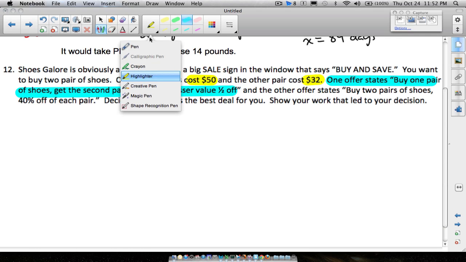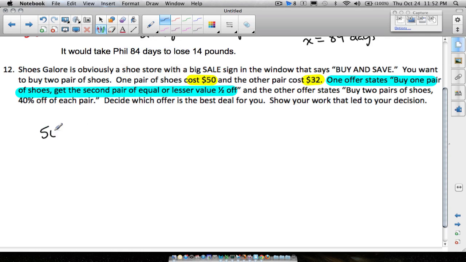So actually what happens here with this first offer, what we end up doing is we end up paying $50 plus 50% off that. Really what 50% off, or half off, means is you're going to pay 16 bucks for that pair of shoes. Because half of 32 is 16. Therefore, the total price there will be $66 before tax. Now, you might say, well, why did I have to pay 50 bucks for this one and get half off on that one?